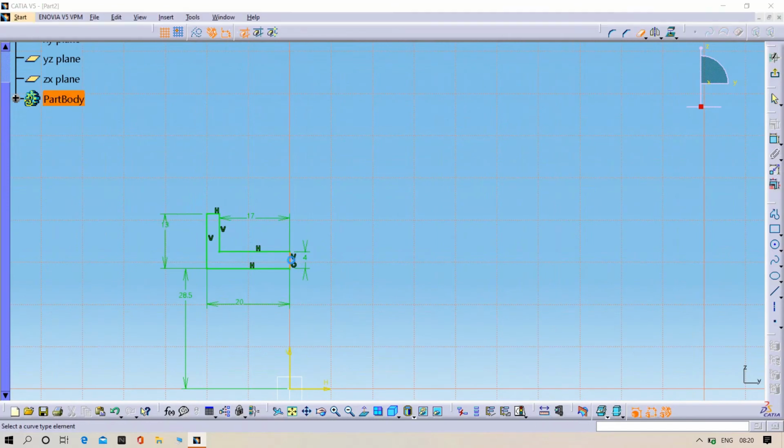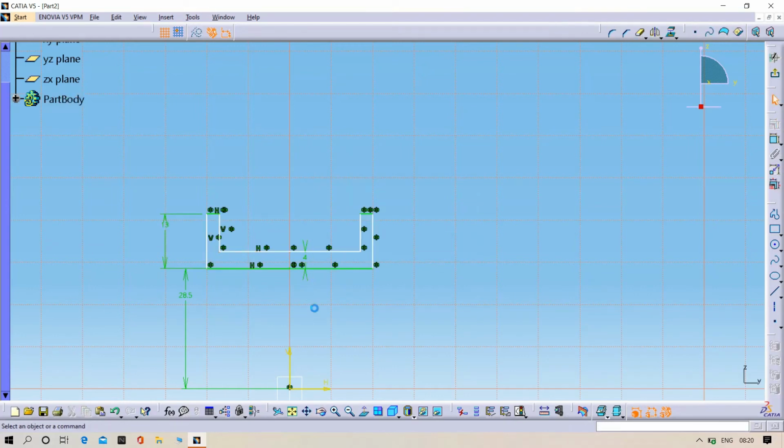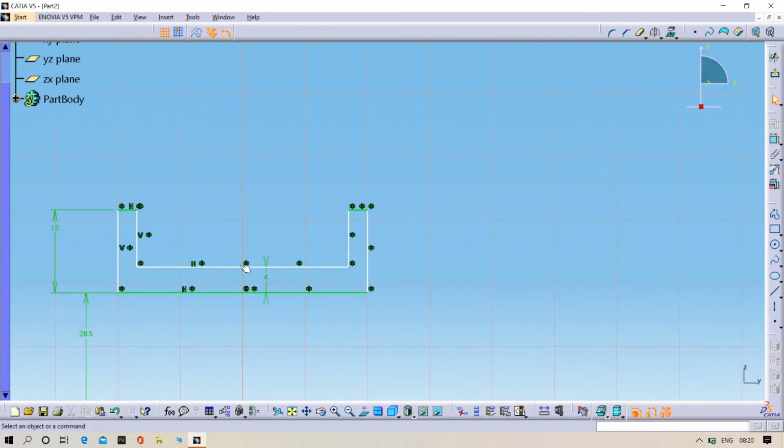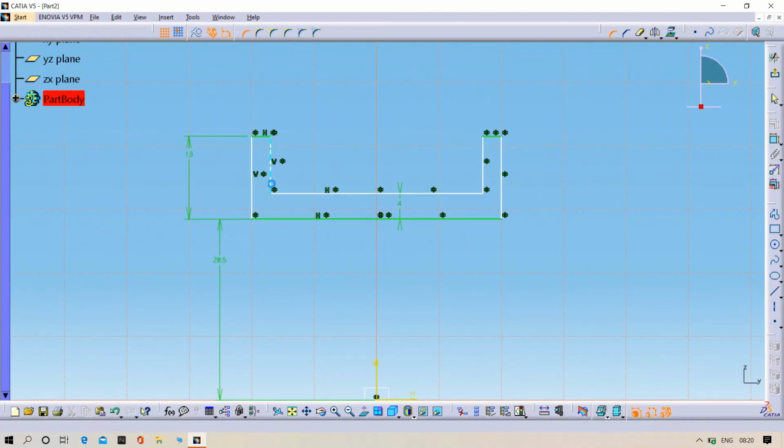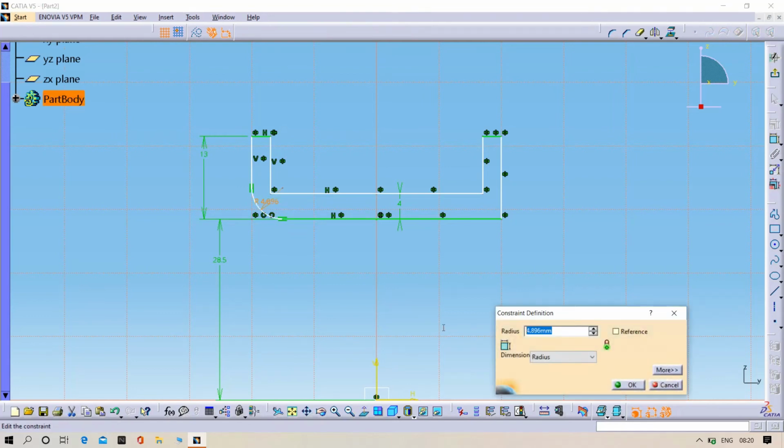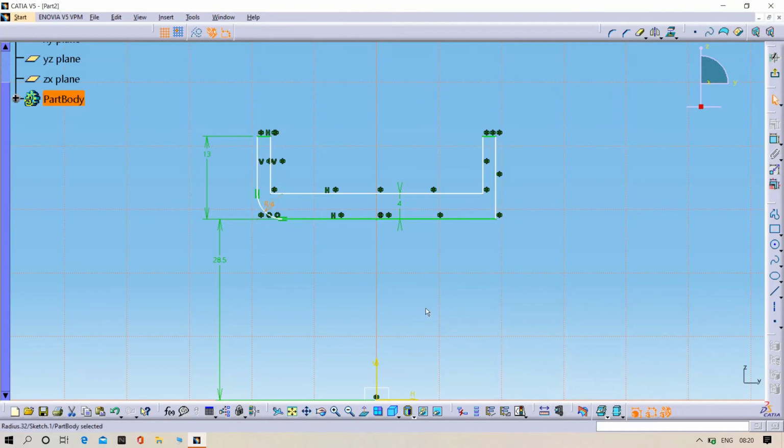Then try to transfer the image using the mirror command. Then try to give the curves here, up to 4 is enough.